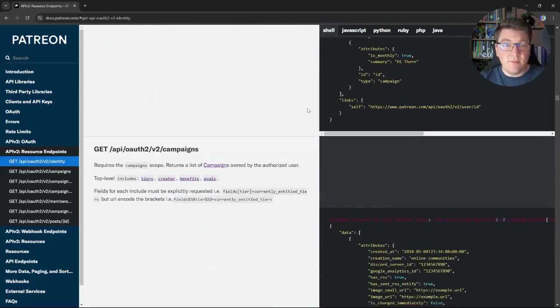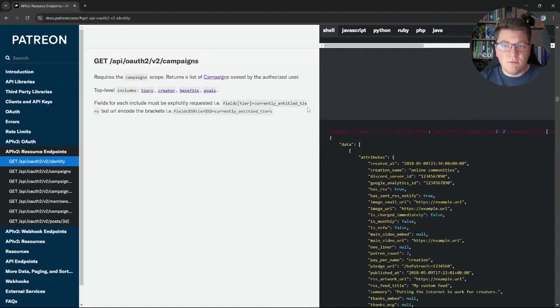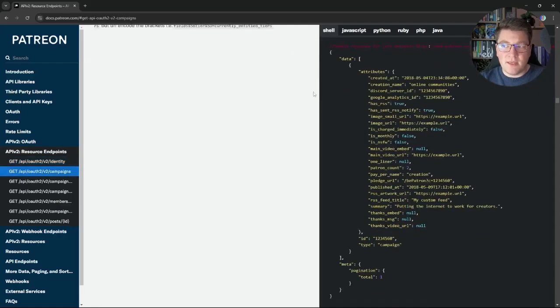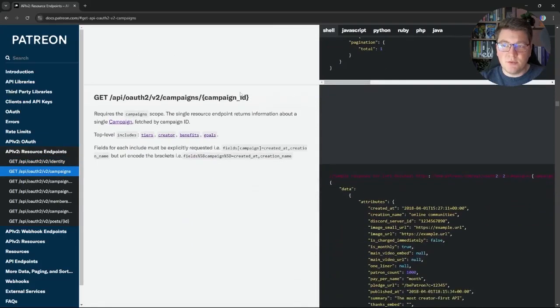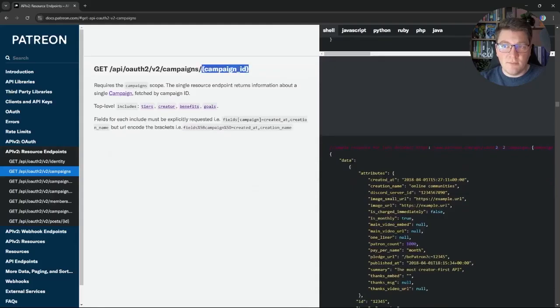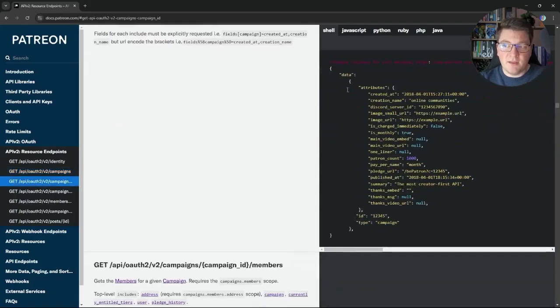Now, if you go through the remaining endpoints, we will see more of the same. You can see that the route prefix remains consistent. Then we have a new resource called campaigns. The representation of this resource, we can fetch a single campaign by appending the campaign ID, and we'll get that resource back. The next endpoint